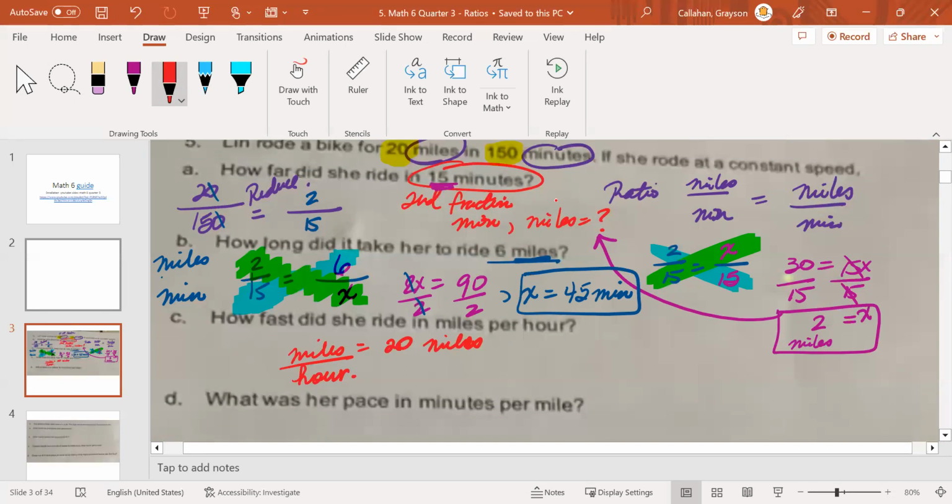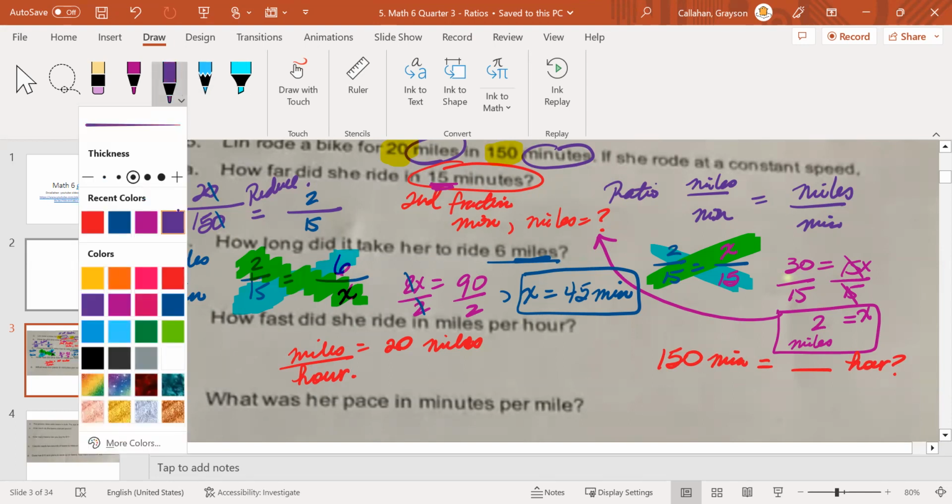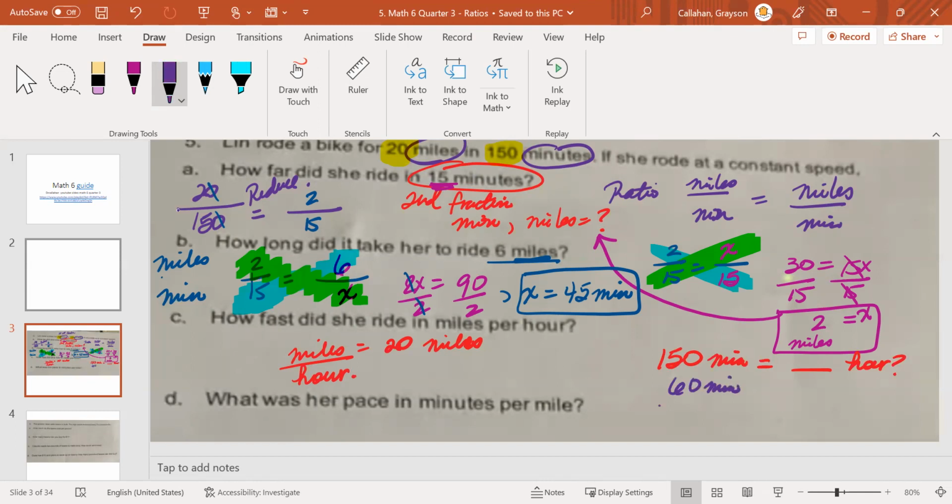But then 150 minutes, you need to figure out how much is that in hours, right? You know that there are 60 minutes in an hour, right? 60 minutes equals 1 hour. That's your ratio. I want to know how many hours in 150 minutes,